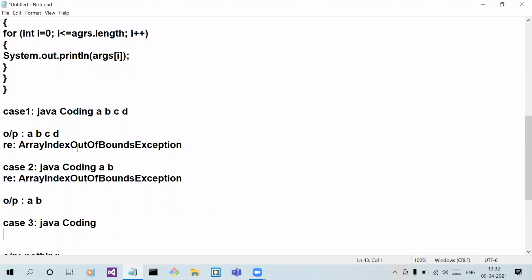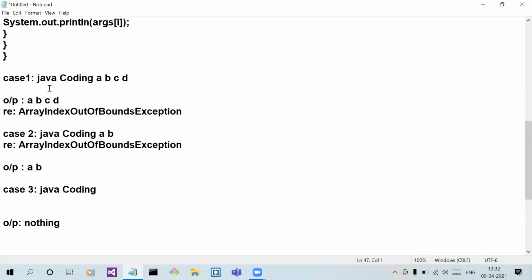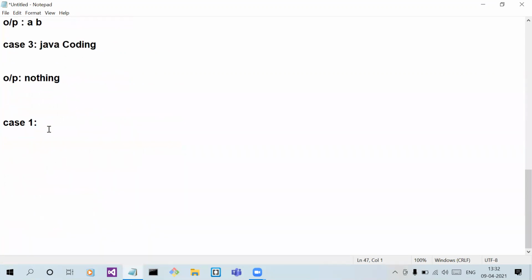Let's take the example of case 1. In case 1, we are passing 4 values: A, B, C, D. So for this, we execute the loop like this: for int i equals 0, i less than or equal to 4.